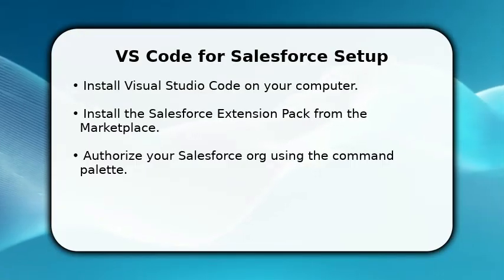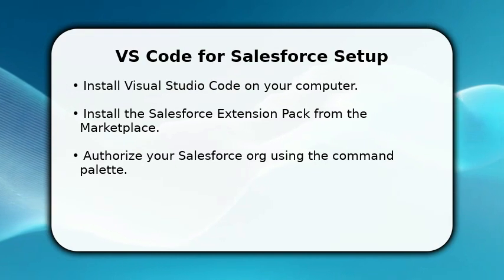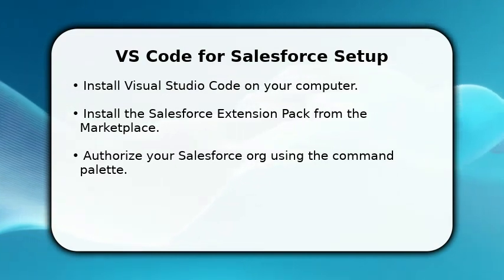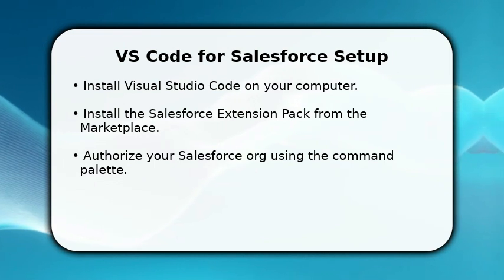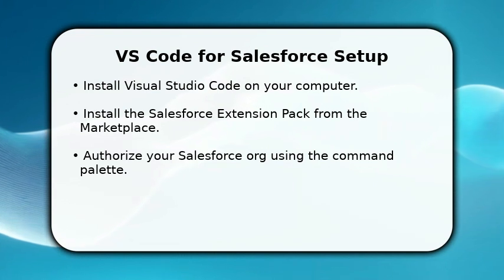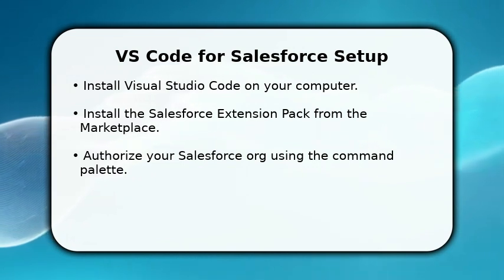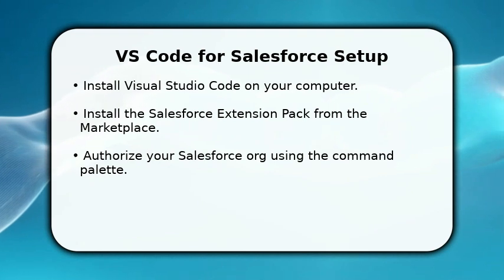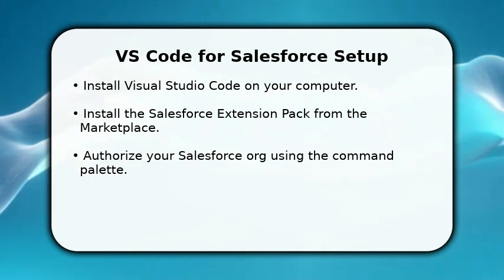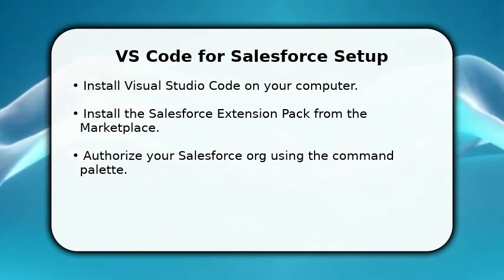In this video, I will explain how to use VS Code for Salesforce. First, you will need to install Visual Studio Code on your machine. Next, open VS Code and navigate to the Extensions view. Search for and install the Salesforce extension pack, which includes several essential tools. Finally, open the command palette by pressing Ctrl-Shift-P and authorize your Salesforce org to connect your development environment, ensuring a